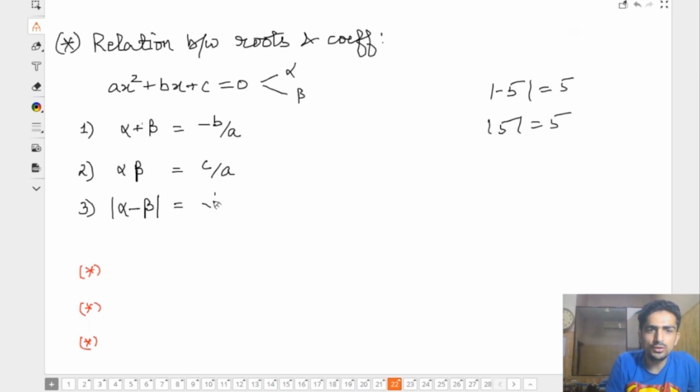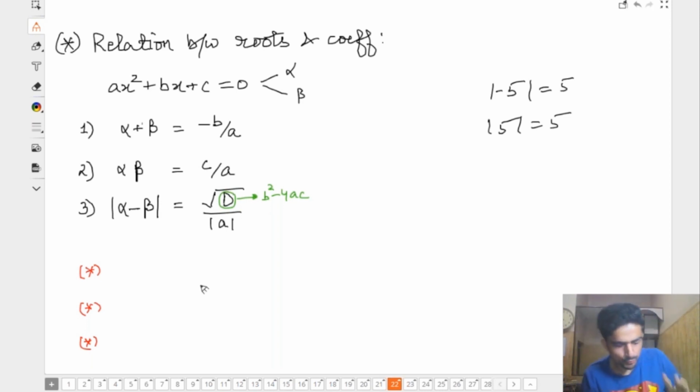The formula is square root of D by magnitude of a. And of course, I know that you know D is nothing but b square minus 4ac. We will be proving why this comes out to be equal to this. But before coming to the proof, guys,